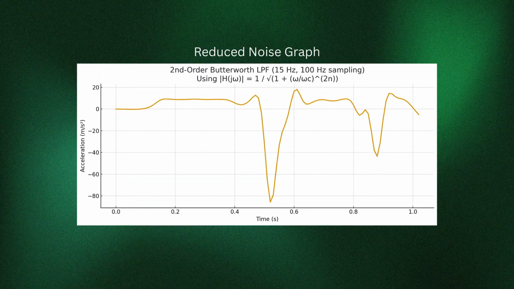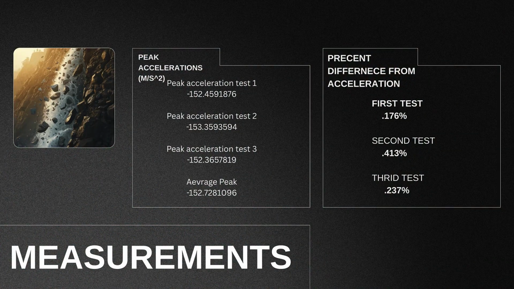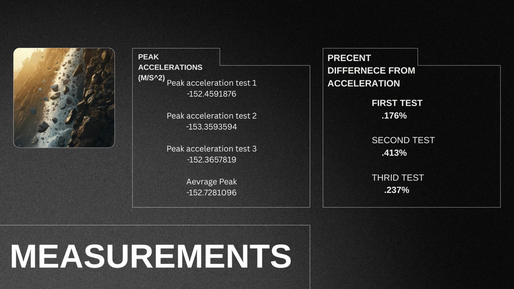Using ChatGPT along with other sources, we found that minimizing noise meant that we need to cut down on the extreme angles of the graph. To do so, we ran it through different codes and found that this graph represents our data with a lower amount of system noise. The peak accelerations were then compared to each other in order to test the difference between each test. The first test of the three had a peak of negative